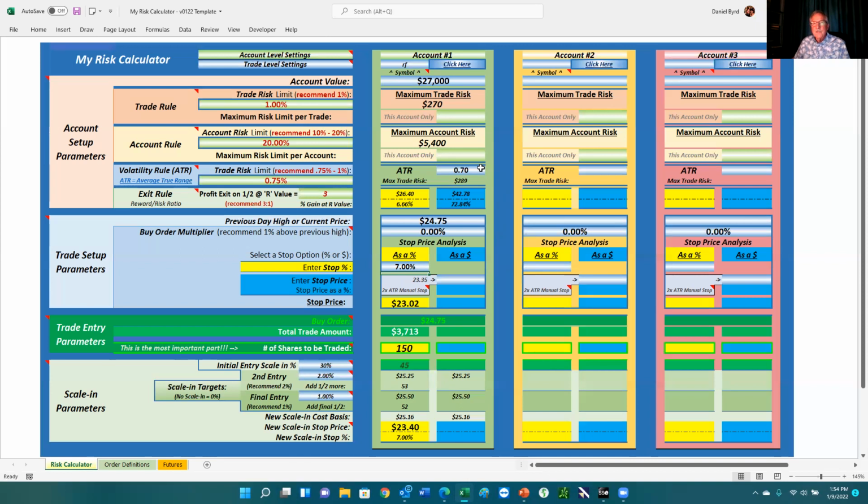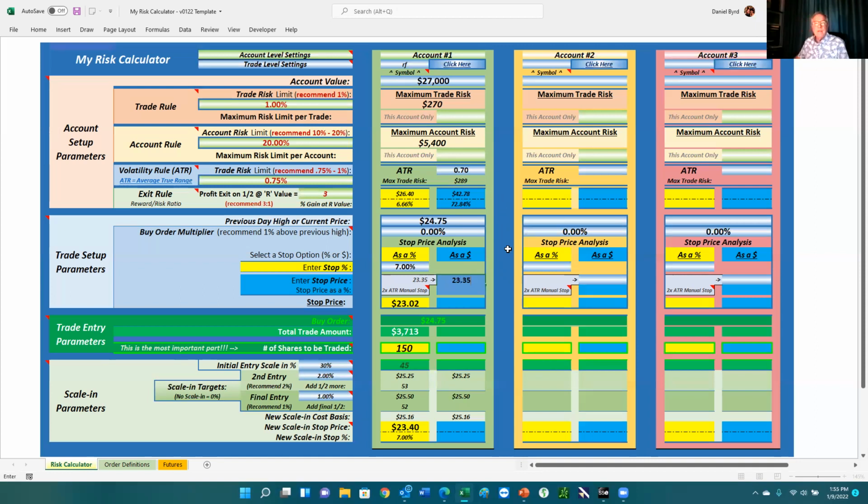So if I want to put a stop that's twice the average range, that's $1.40, right? I want to put $1.40 below this price. Well, this calculates it for me. So now this is 2 times the average true range. If I want to use that